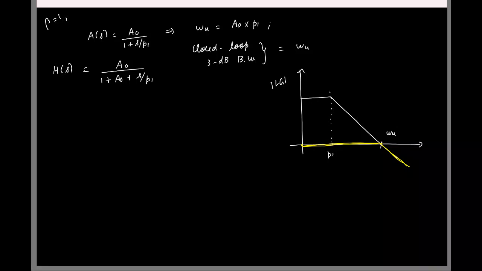Huh? 90 degree. First order system. I mean, the only pole is here. Omega u is here. They are far apart. Phase is 90 minus 90. So the phase margin is also 90 degrees. Okay,